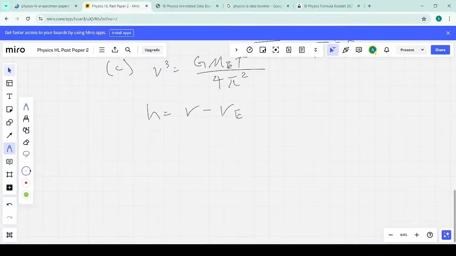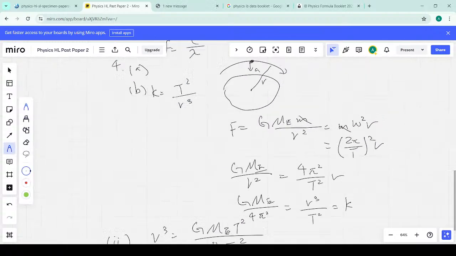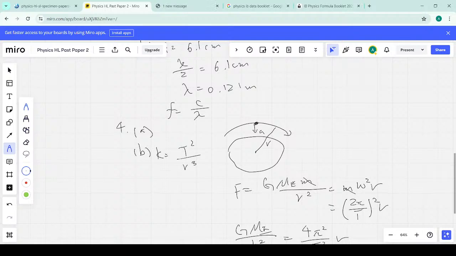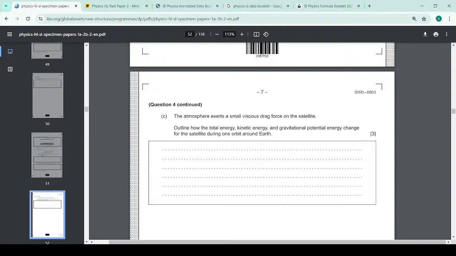Oh no, that's not C. My bad. That is part 2. So part C says, the atmosphere exerts a small viscous drag force on the satellite. Outline how the total energy, kinetic energy, and the gravitational potential energy change for the satellite during one orbit. So obviously,